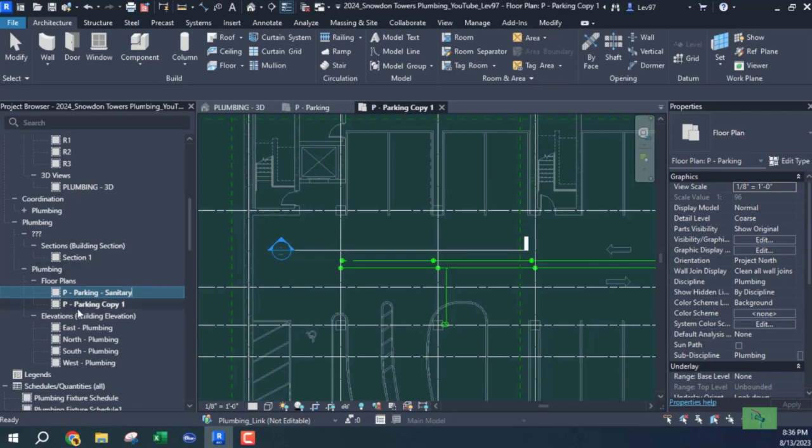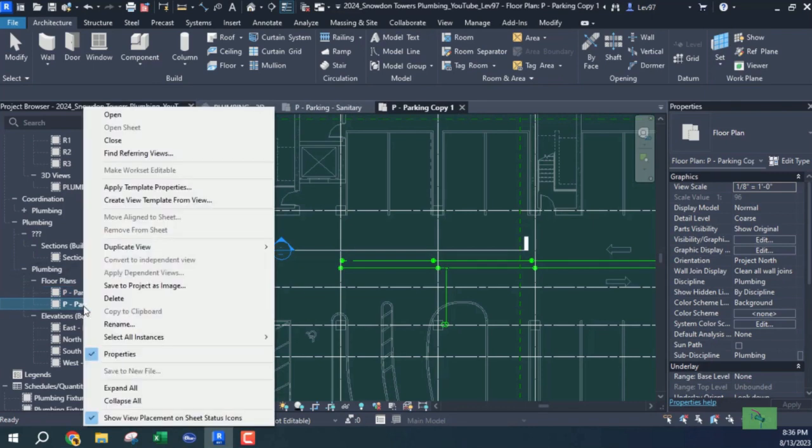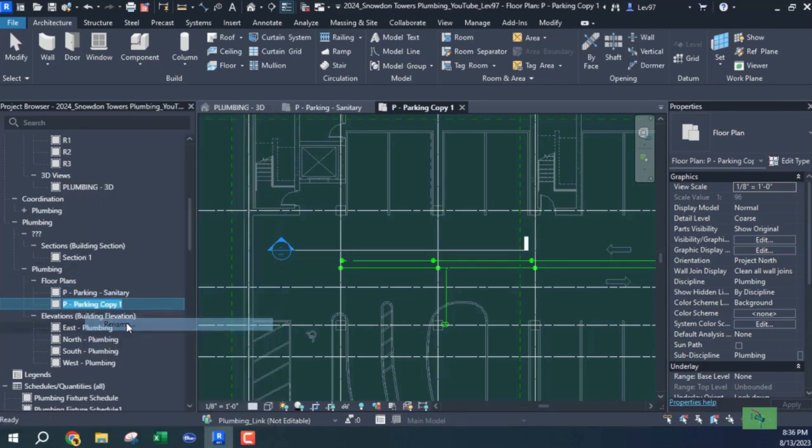and I need to rename this level, same level, parking level, but it's going to be water here, and delete this and call this water. Okay, now